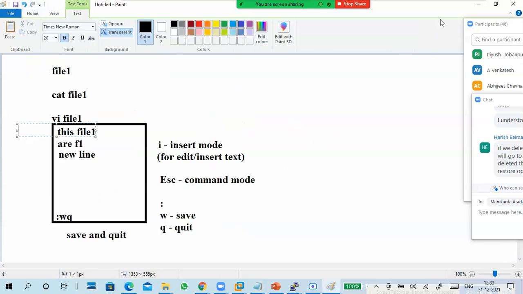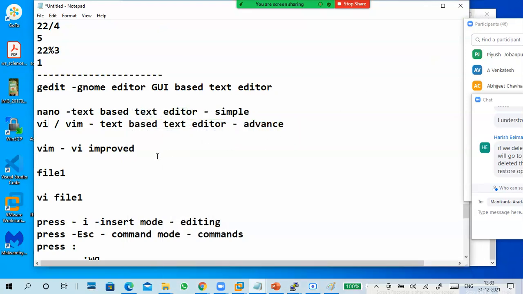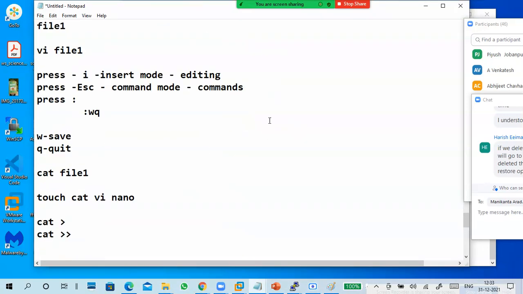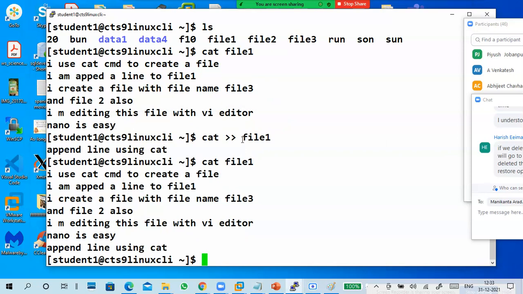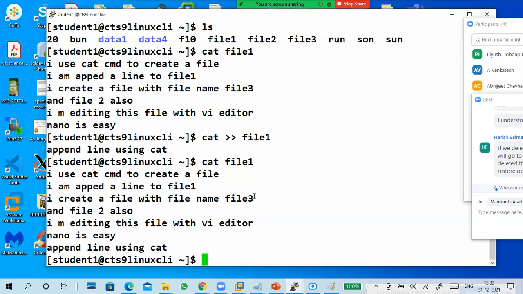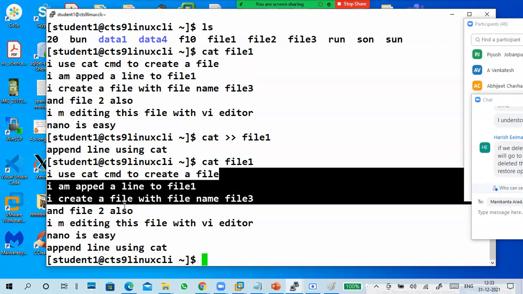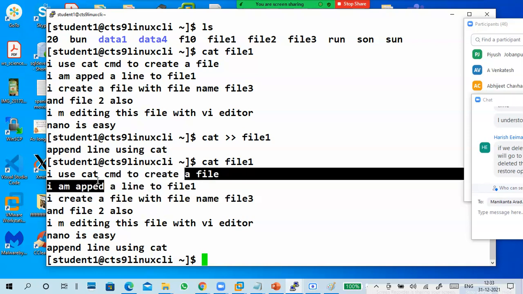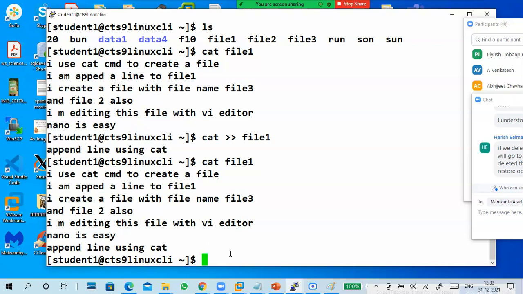Nano we already know, so we are going for the vi editor. Guys, this is a task: I want to delete this particular line, or add a line in between these two, or change something in it. So we'll see what to do.